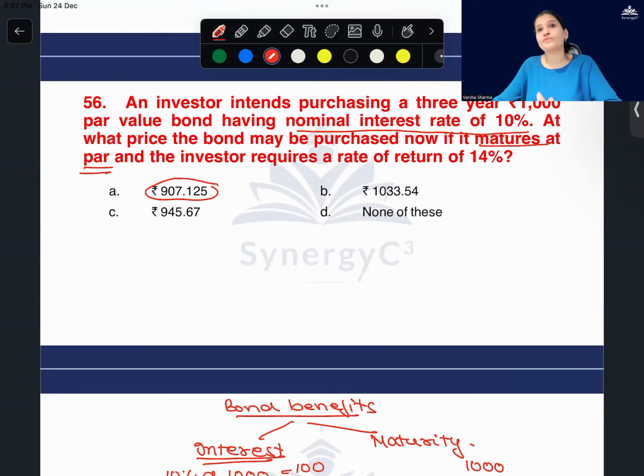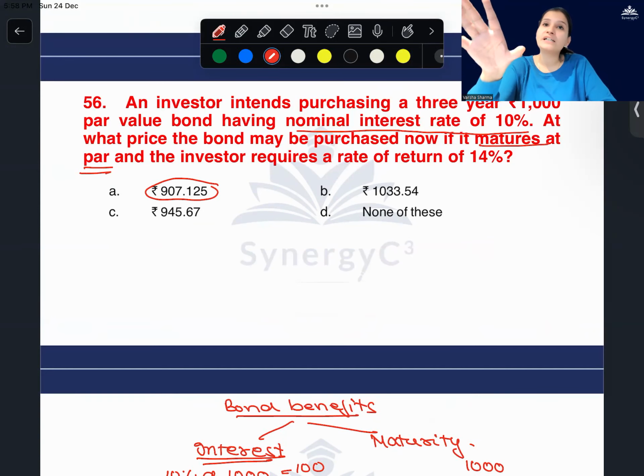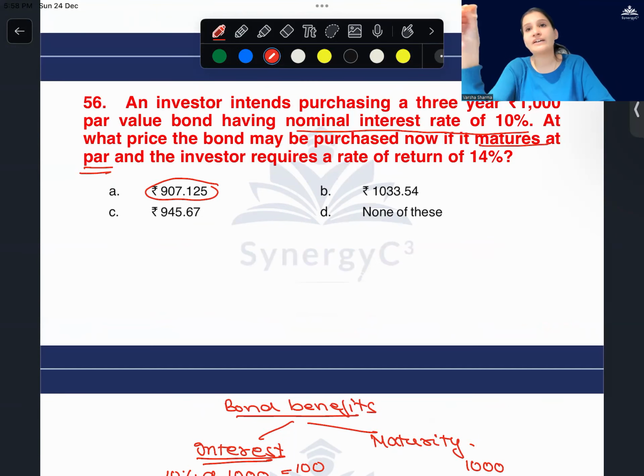Understood? They didn't even ask whether or not we should give the loan. If they would have given me an amount, for example, say 1,000, then I should know. If they would have given me 800, I should worry. You calculate two things. 10% only gives you how much interest you will get each year. Everything else that the company gives you is calculated at the rate of return. You have to calculate the total earnings from whatever you are buying, the bond. How much you are going to earn if you give a loan to the company and in return get a bond or a debenture.